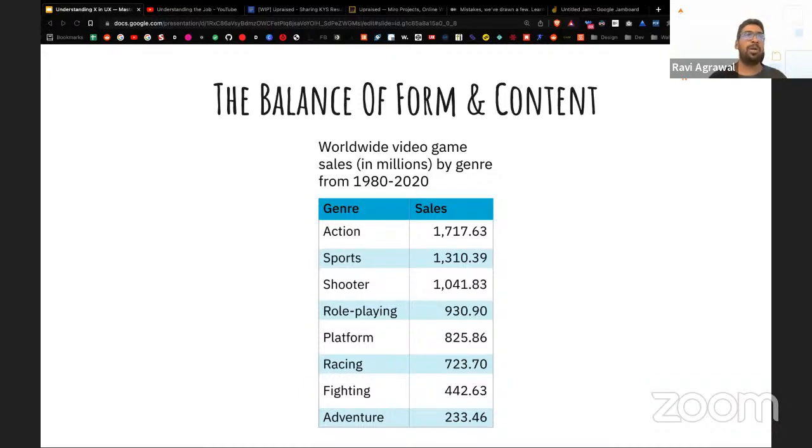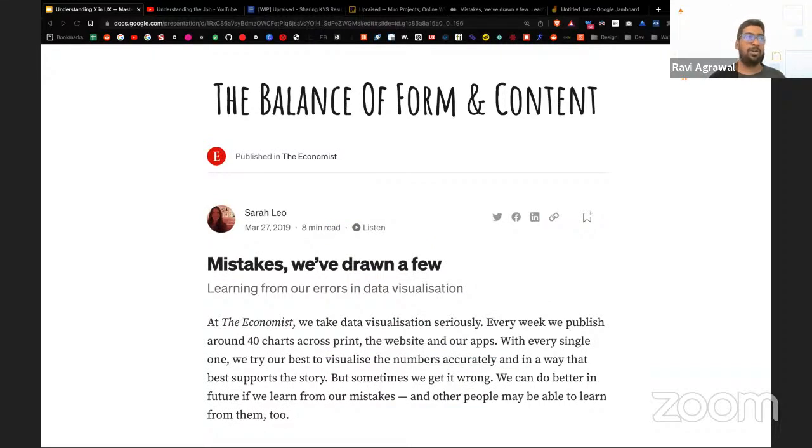If it is not broken down by different regions, maybe a table is the best way to present the data that you wanted to present, right? So in visual design, it is very, very important to get form and content right. I would love for you to read this article by